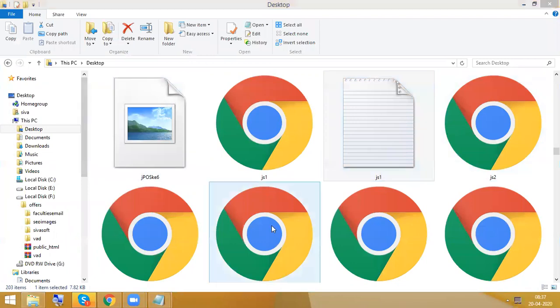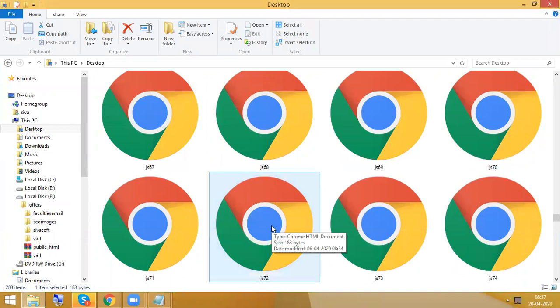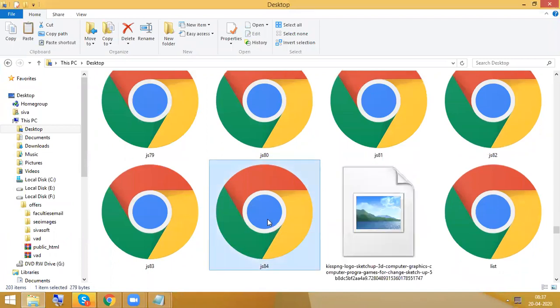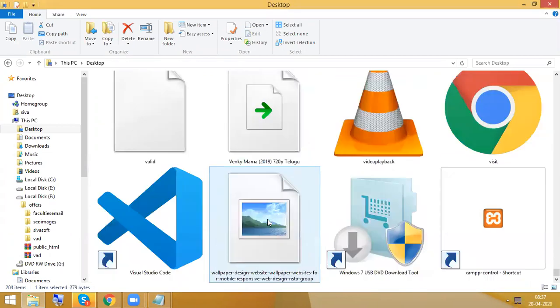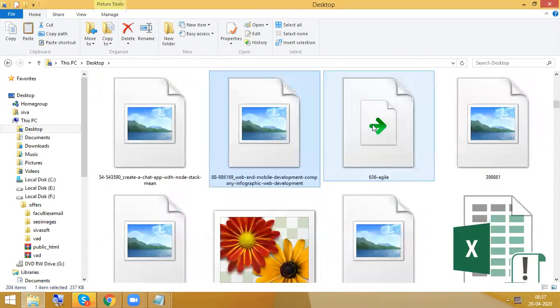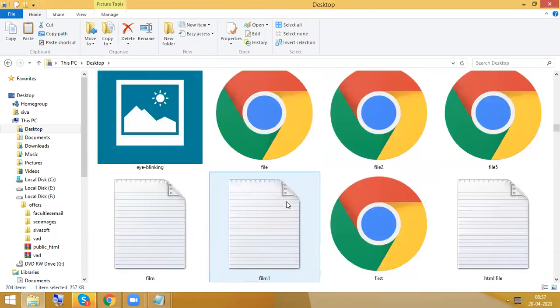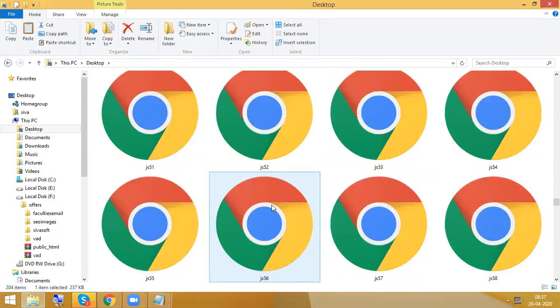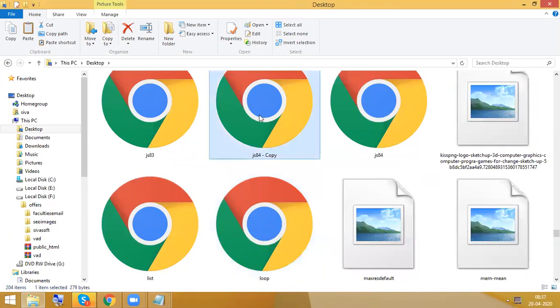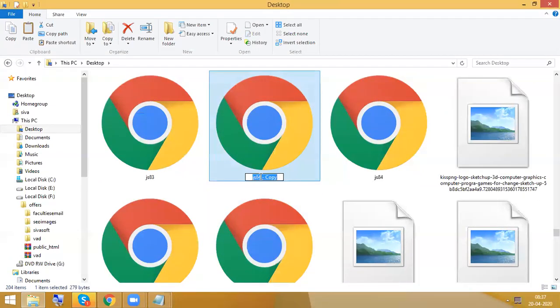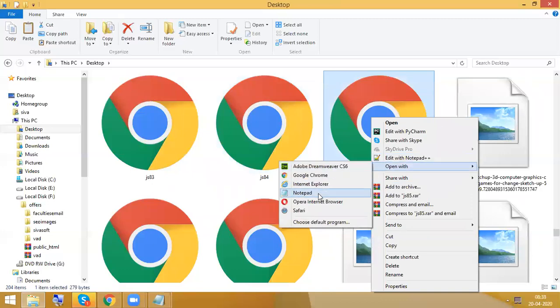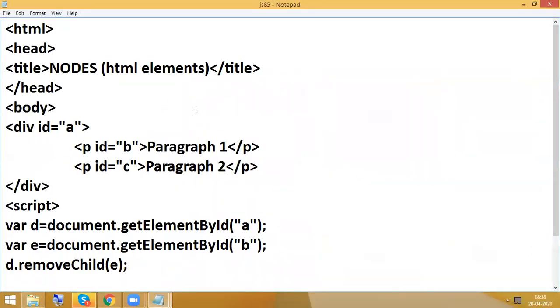Okay, so window dot location we already completed, in the place of page redirection.